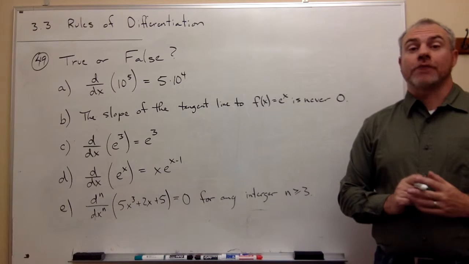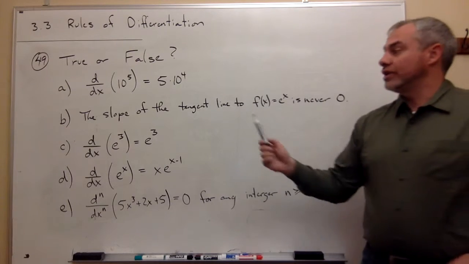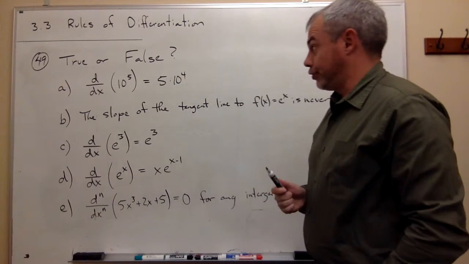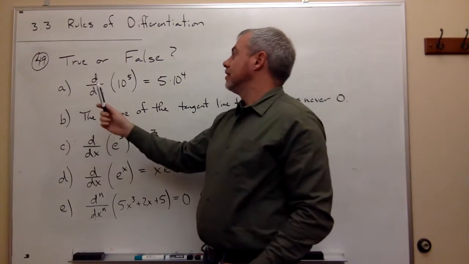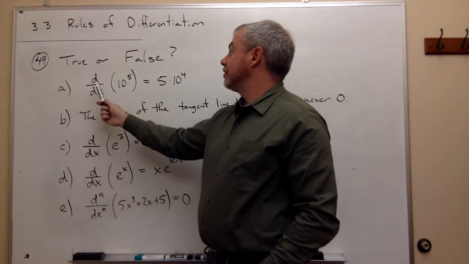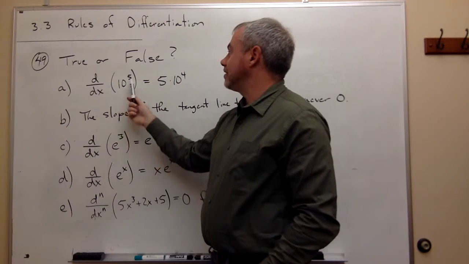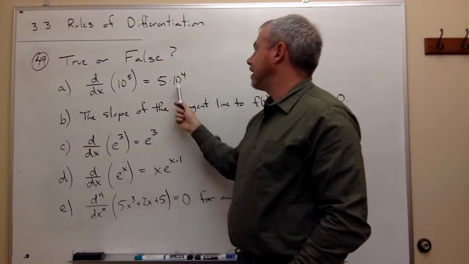Let's take a look at problem number 49. 49 just asks us a series of true or false questions. The first one is true or false, the derivative of 10 to the fifth is 5 times 10 to the